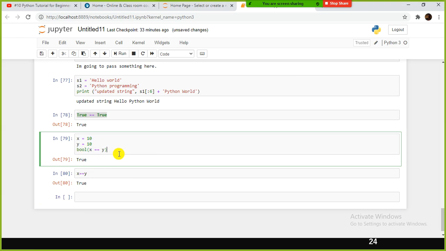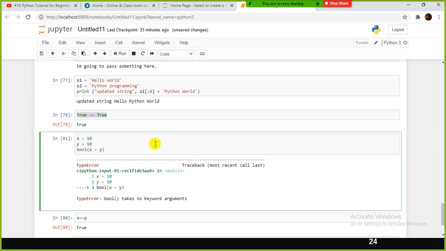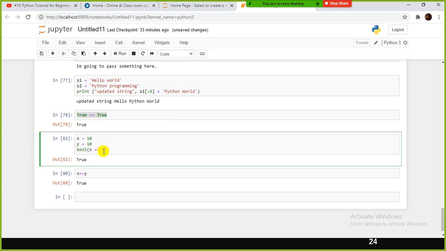To check. See, in this case, it is fine if you are using an if control structure, right? And if you want to do some kind of debugging, checking whether this one is correct. Sometimes what will happen is that instead of giving a double equal sign, they mistakenly give one equal sign, right? So in that case, for the comparison operator you are supposed to give a double equal sign. So just to check what value is returned by this one.